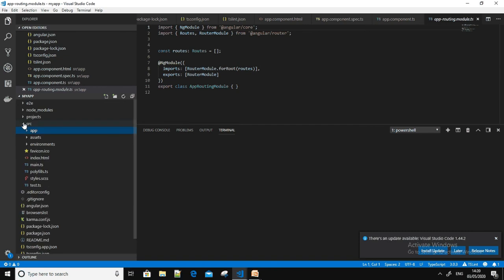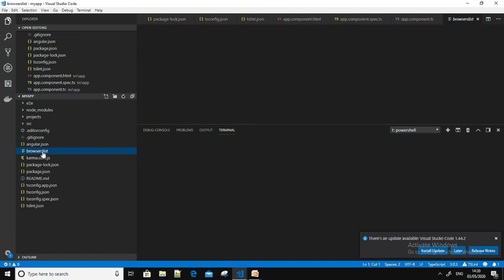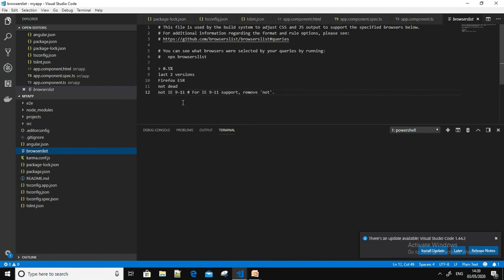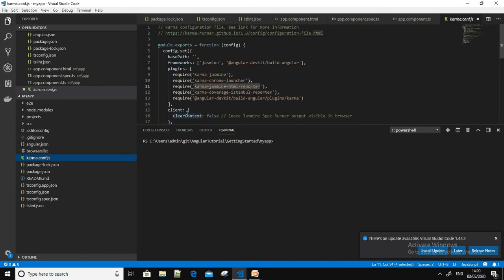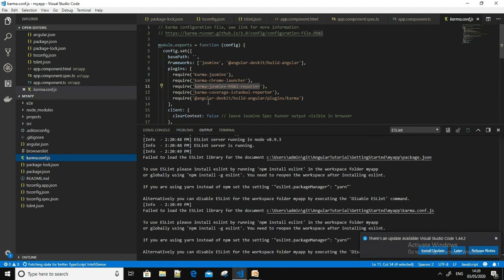Then going to the application configuration files. Here we have the browserslist file, which tells you which browsers are supported. Then the karma.conf file, which gives the application specific Karma configuration that helps you run your test cases.